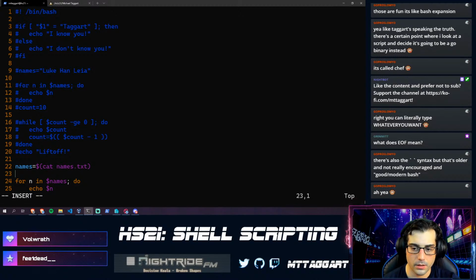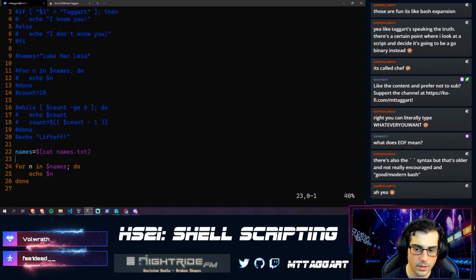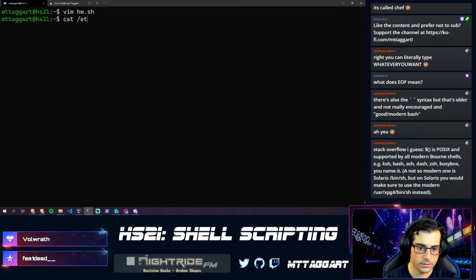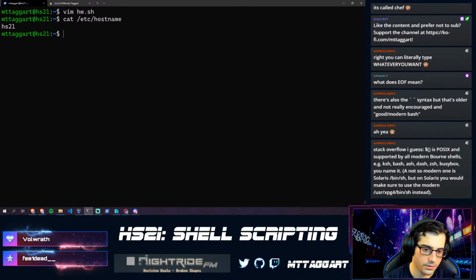Or let's say we had a single line thing, or we wanted to combine things. Stack Overflow says the dollar sign parentheses is POSIX and supported by all modern Bourne shells, and not so modern with Solaris. Oh, okay.